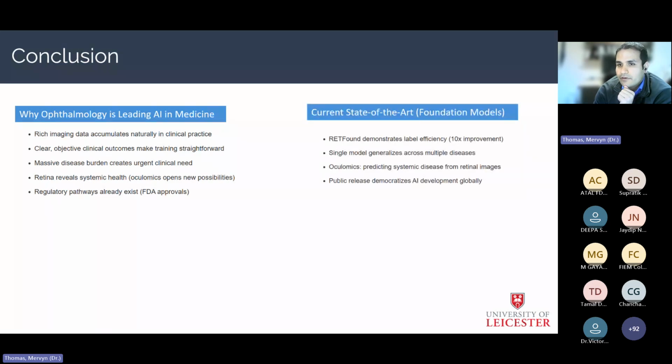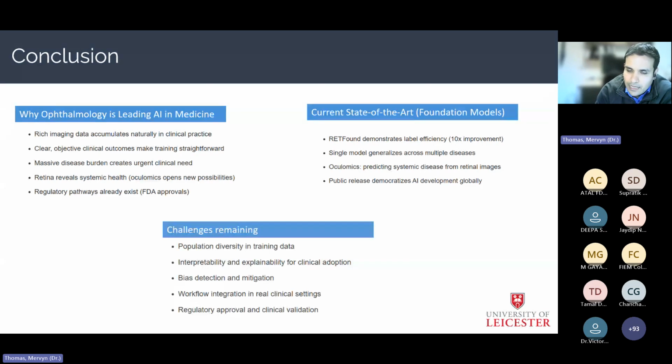We also covered some of the current state-of-the-art foundation models, and how this can now improve the platform to the next level. Even smaller academic departments can deploy some of this with just small data sets and a bit of fine-tuning, but it also generalizes across multiple diseases. And finally, we also talked about how public release of this and making these open source actually democratizes AI development globally. In terms of challenges, the diversity issue is a big one,